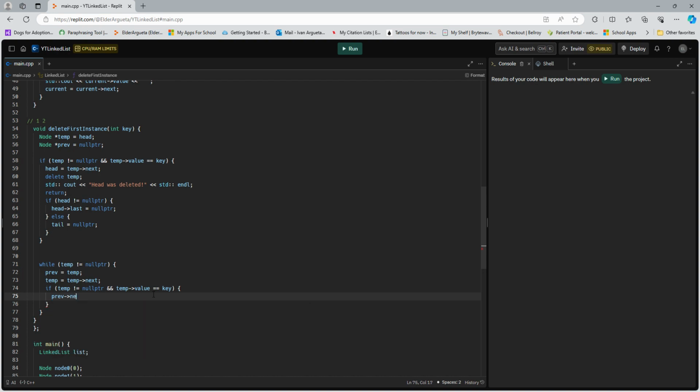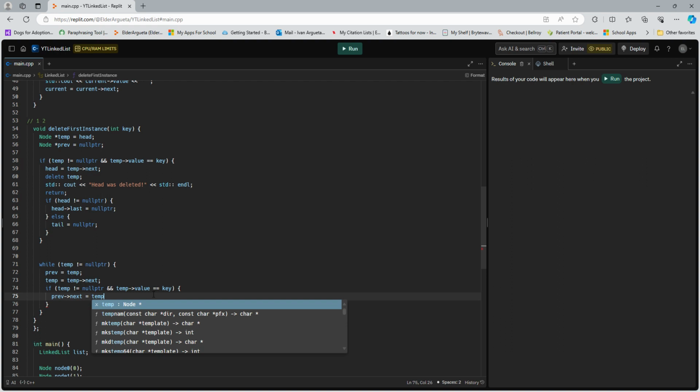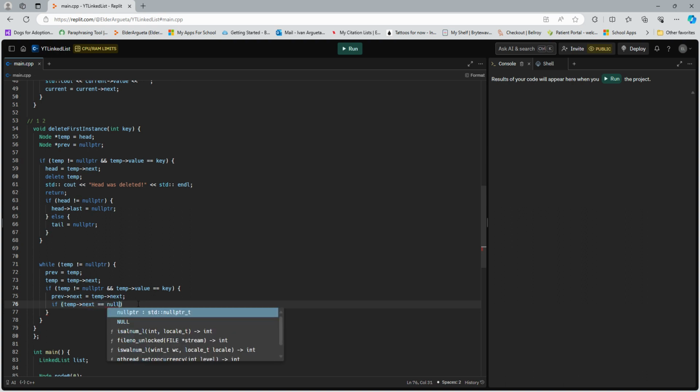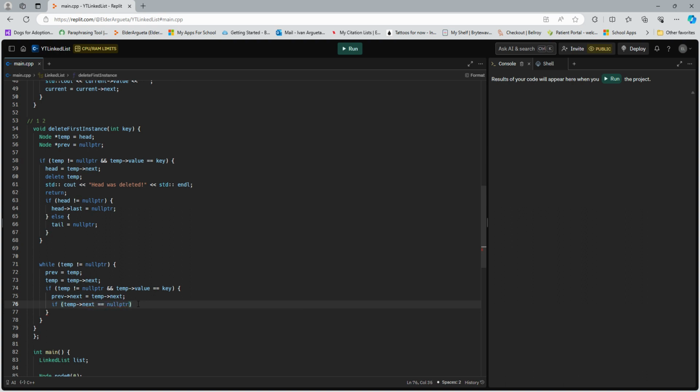So we're going to say previous next is equal to temp's next, and we're going to say if temp next is equal to nullptr. So if it's the last element,